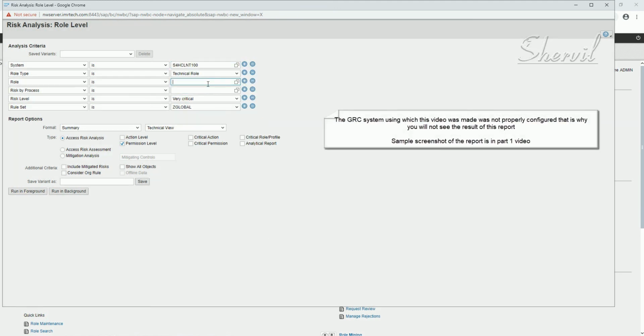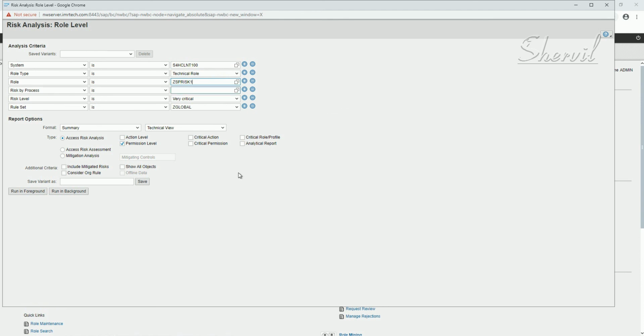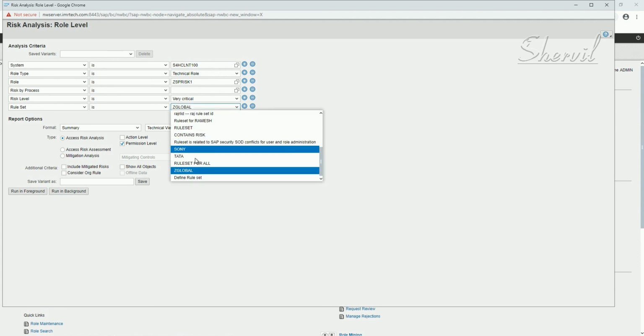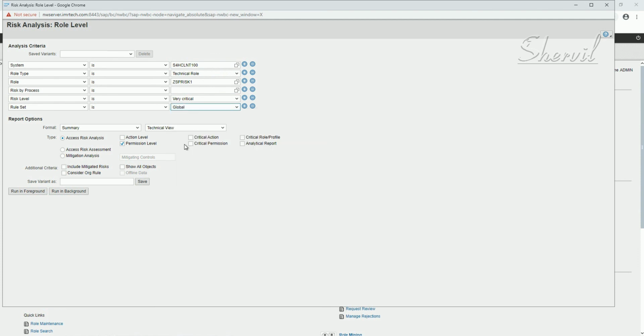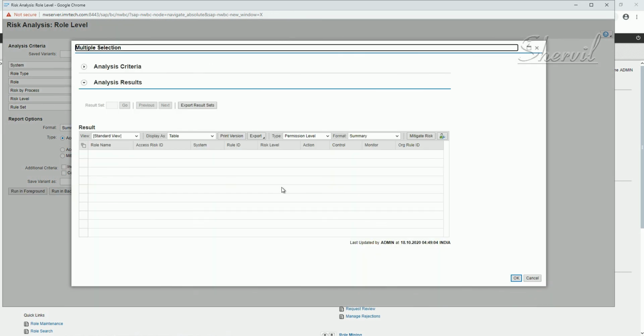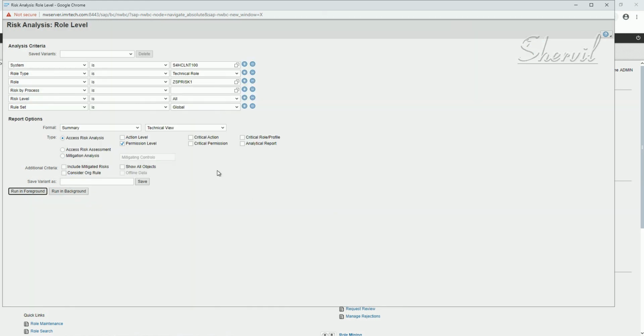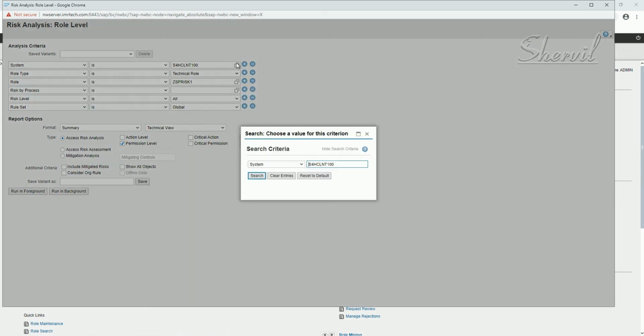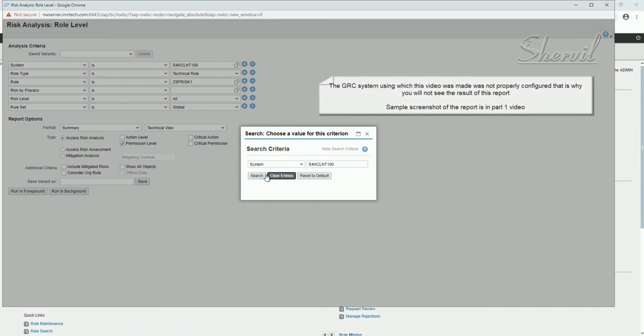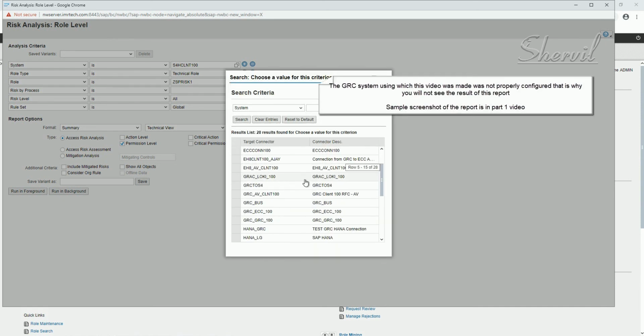And let's say ZSP risk 1. And the rule set is global. And let's take all. Nothing showed up. Let's take